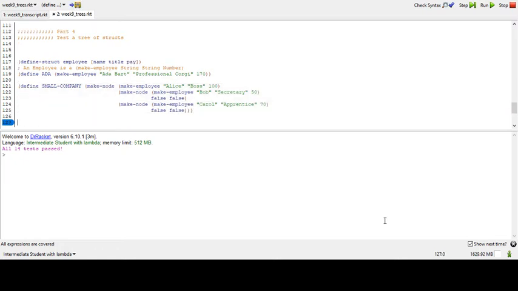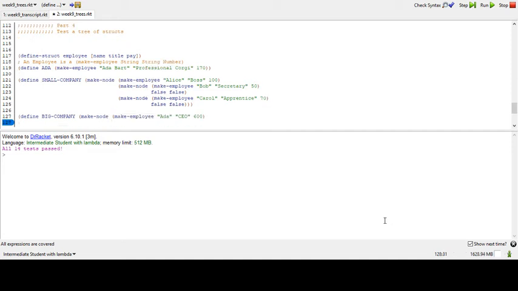Let's make a more complicated company where the grunts are not paid very well. So this time we'll make big company. Big company. This is a make node. The top of the hierarchy is our lovely employee Ada. She is a CEO and makes 600K per year. Very good dog. Then we'll make another node,